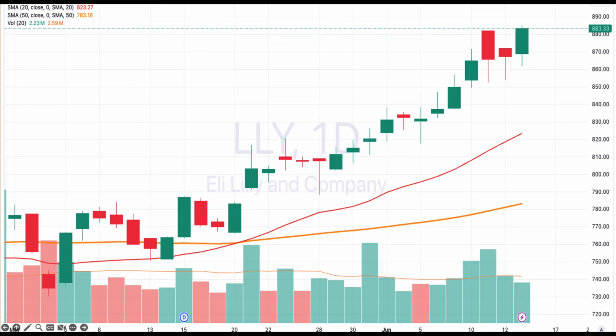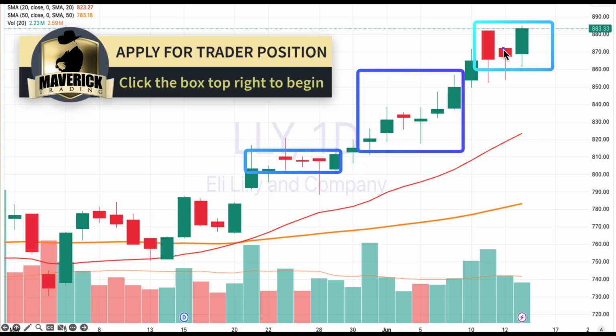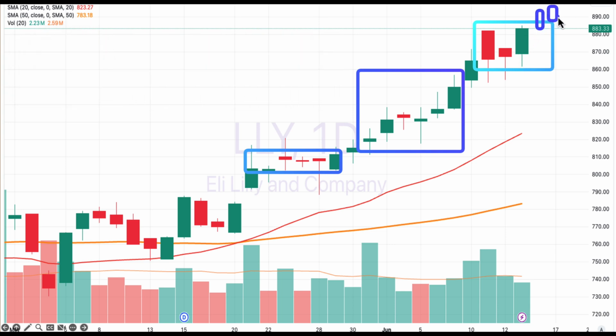The second one, again, semiconductors are on fire. Eli Lilly, here we are, making another run. You can see that it just has very shallow little pullbacks or bases, and it just goes for a big run. Here we are seeing a bit of wide range, but I think it will probably continue to run here. So these two, again, look the best here, but there's definitely a lot of stocks in the semiconductors